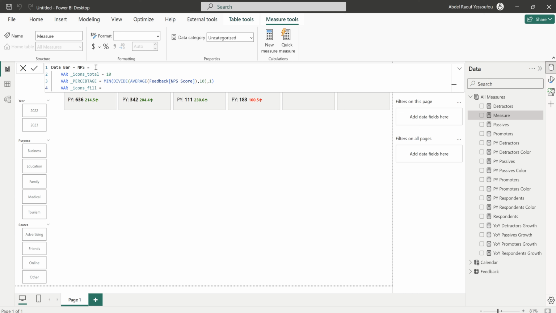So I'll look at the percentage. So it's going to be the percentage... I made a mistake here. So here, times the icons total, so times 10. I'll go down. The icons that should be empty,